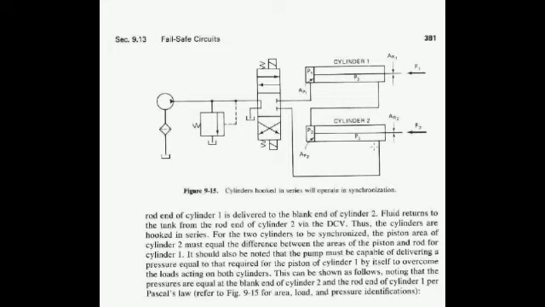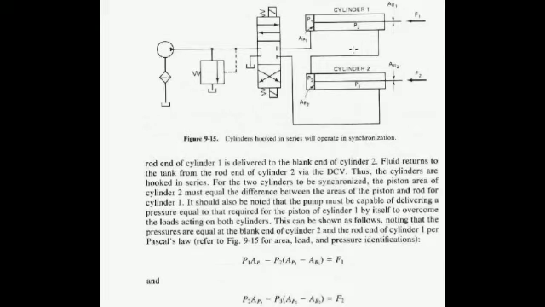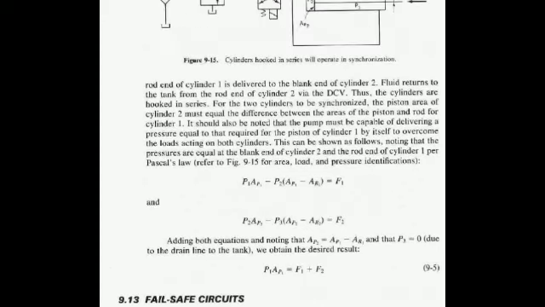So this is nothing but the series connection of cylinders, and we can derive the formulas here. That is nothing but how much volume of fluid is coming from this end will be circulated to this end, right? So simply force equals pressure times area. Using that formula only we have calculated this equation, right? So you can refer to this.